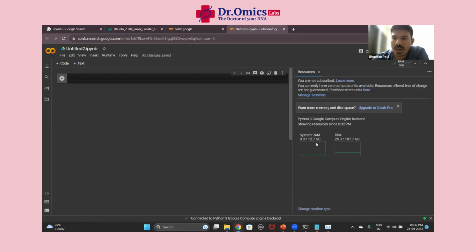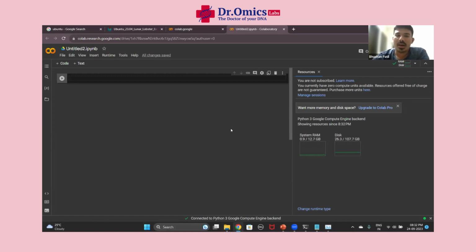This is not your system hard disk, by the way. It is using resources from the cloud, because Google provides some resources for study purposes. If you click on that, you'll see a system RAM of 12.7 GB, and a disk of